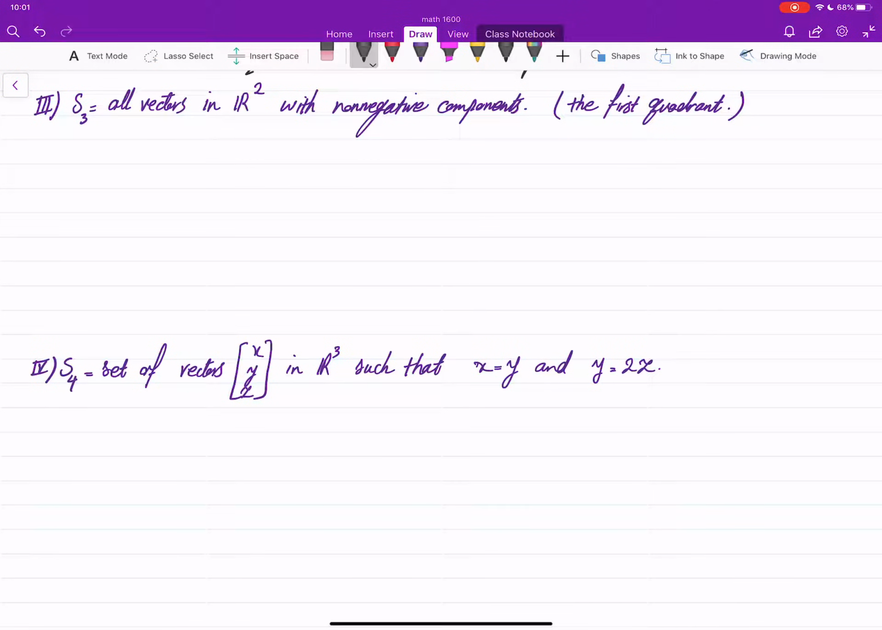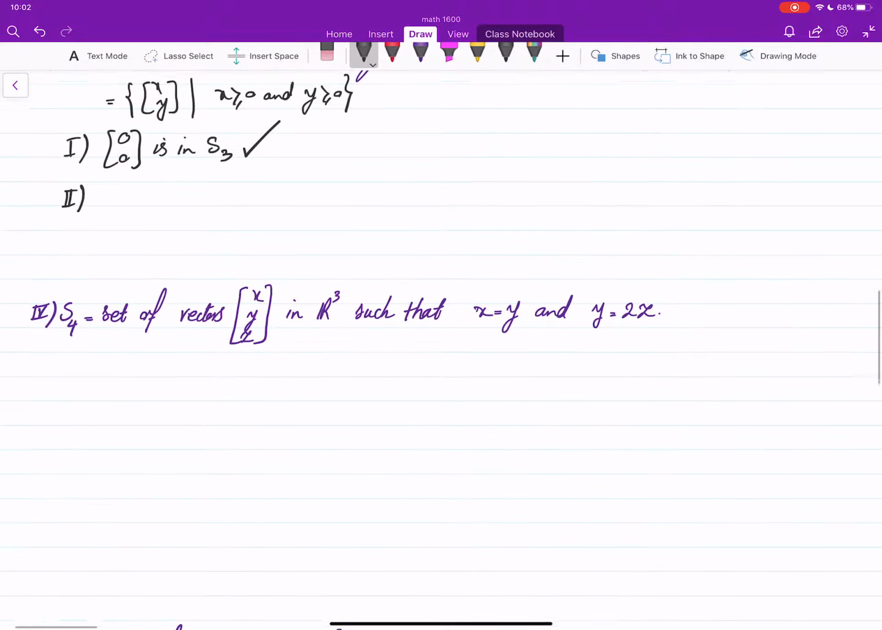Okay, S3, the first quadrant, all the vectors whose components are non-negative. In other words, we are dealing with vectors (x, y) such that x is bigger than or equal to 0 and y is bigger than or equal to 0. Well, obviously, (0, 0) is in S3 because the first component and second component both of them are bigger than or equal to 0. So yes, it is in S3. How about